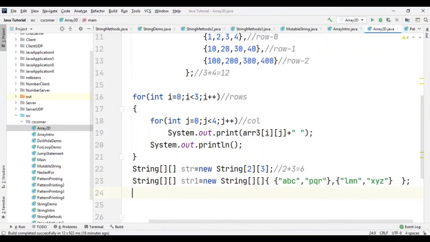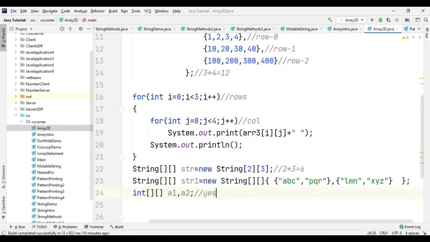So let me tell you a few more important points regarding this two-dimensional array. Suppose I am creating an integer array like this: a1 comma a2. Now the question arises, what will be the type of a2? a1 is over here a two-dimensional array. So is a2 also a two-dimensional array?